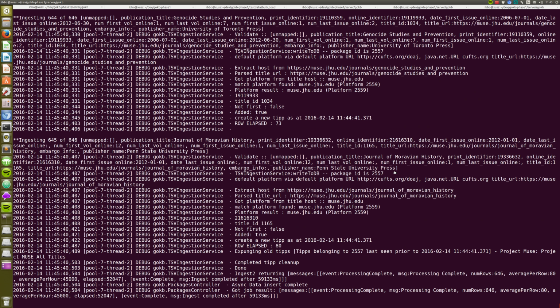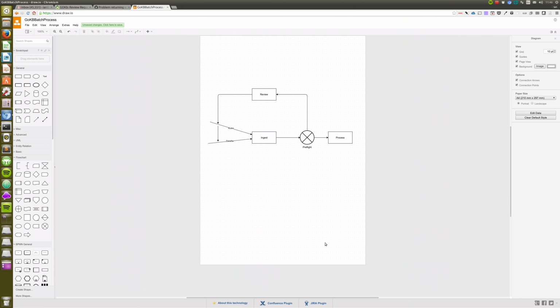Okay, so that's finished. So we've got this time a slightly different message, event processing complete. We've got a message saying that we've actually processed 646 rows. Average time taken per row is 80 milliseconds, which means that the average processing speed for this case is about 45,000 per hour, which isn't bad going. But as I said, the important thing is that this is a very edge case because we're creating all the new data. So if I go back to the application,